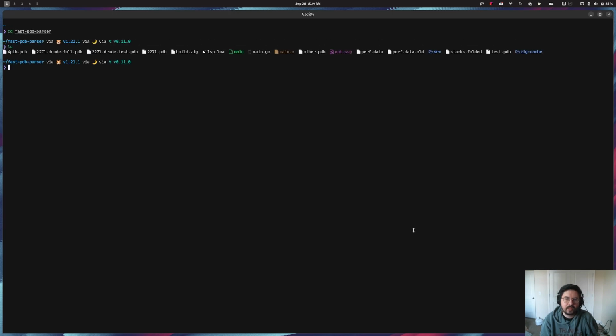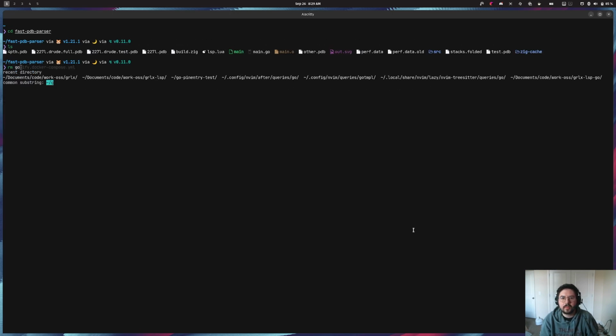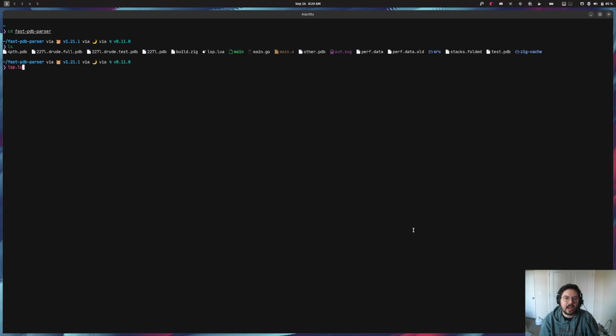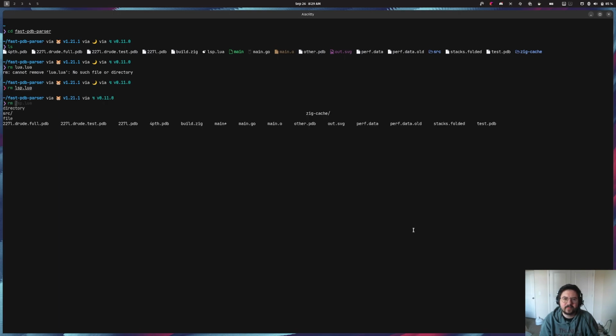So, a couple updates actually on the project. I worked on it a little bit over the last couple of days. cd fast PDB, rm lsp.lua. I was editing files and this terminal was open, so there's a lot of stuff in here. I'm going to clean that up first. rm perf.*